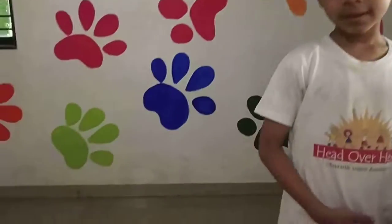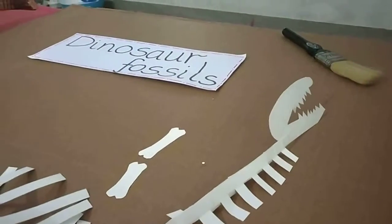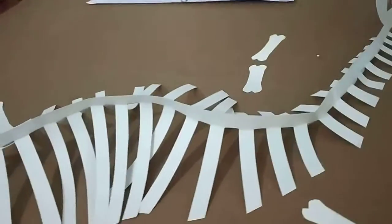Now the dinosaur fossil is on display at the museum. People come from all around the world to look at the famous creature that walked the